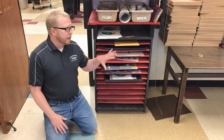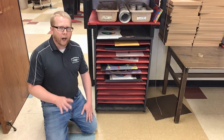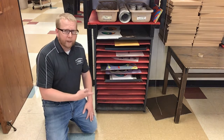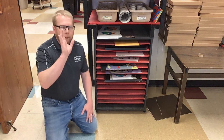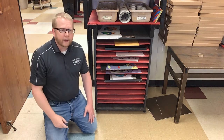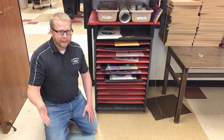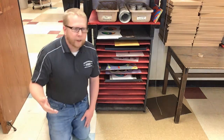Another thing that you never want to do is you never put anything over here unless it is on Artsonia. If you do not have it on there, I'm going to stick it back over here. Sometimes I put notes on the windowsill over there and say you need to do this, and I will put a 0 down until that gets done, because every piece of artwork you have has to be on Artsonia. With that being said, take a picture before you put it in your frame,